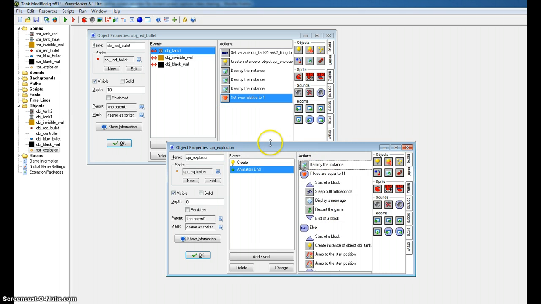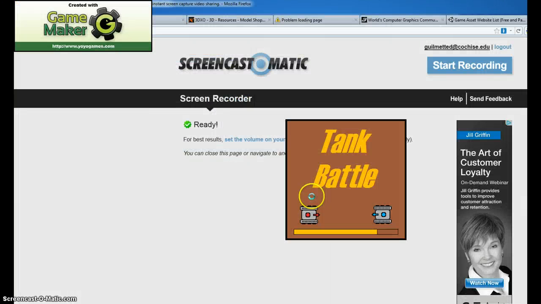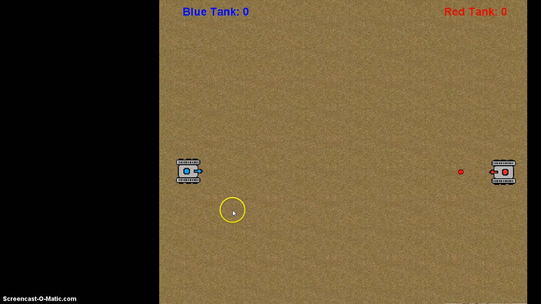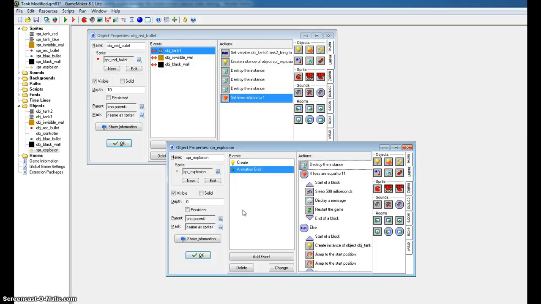And now if we did this correctly, we should be able to see. Okay, now you're going to watch for the explosion right here. Now you saw the explosion. And obviously you can change the length of the explosion. Now all we have to do is